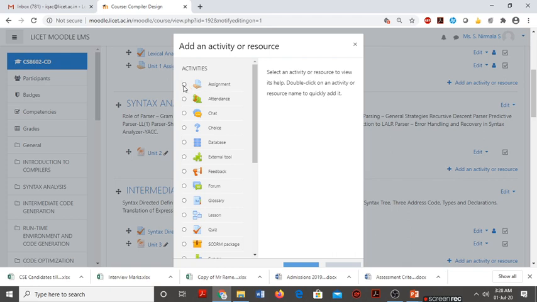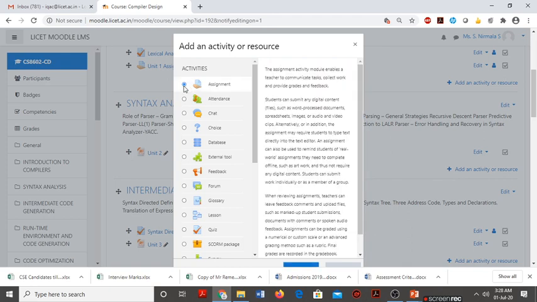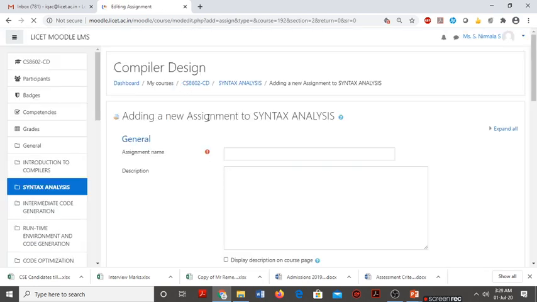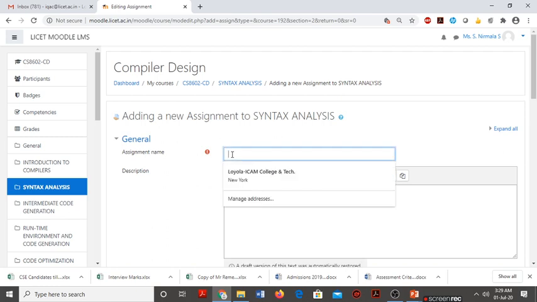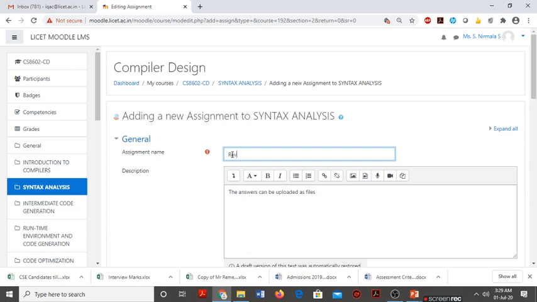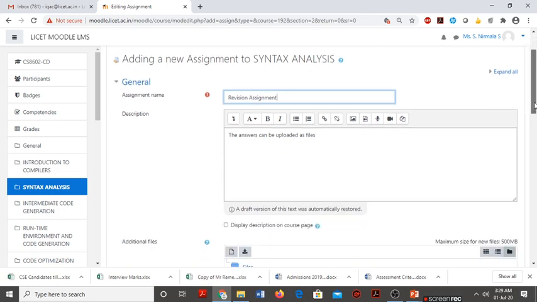By double clicking this assignment radio button, we enter into the configuration settings for assignment. So let me give here simply some name as revision assignment, and the answers can be uploaded as files as description.